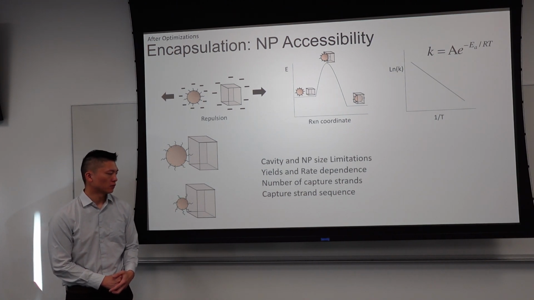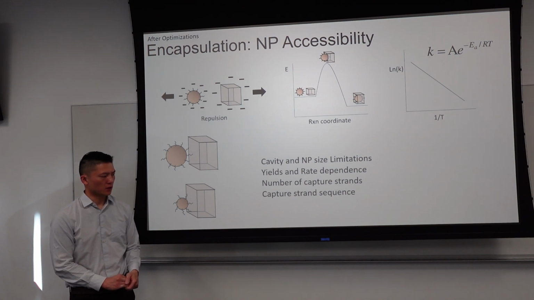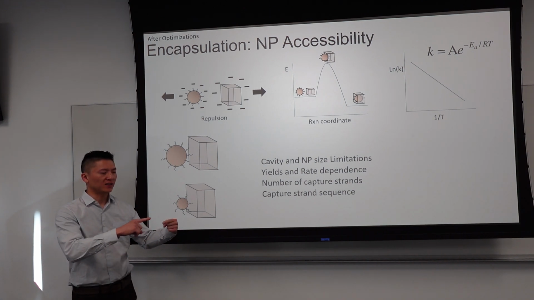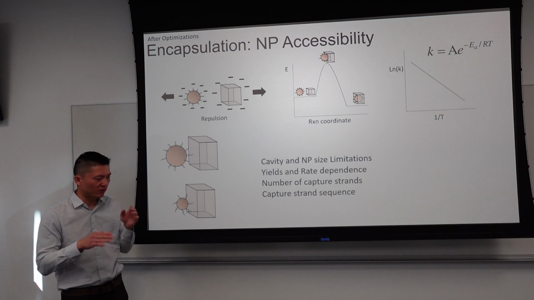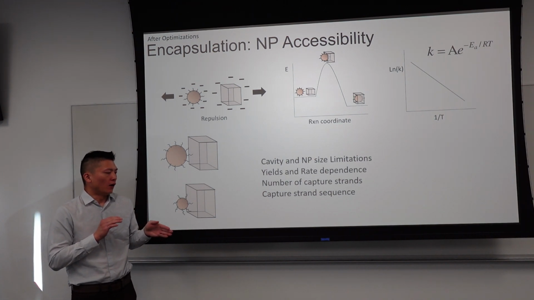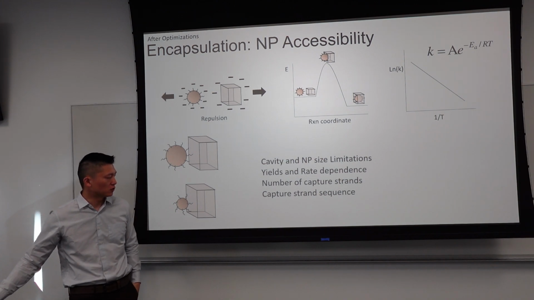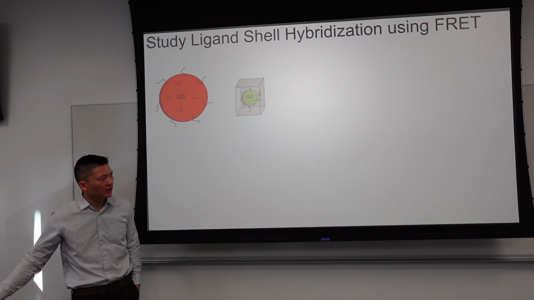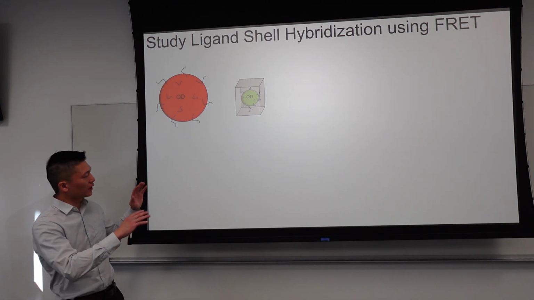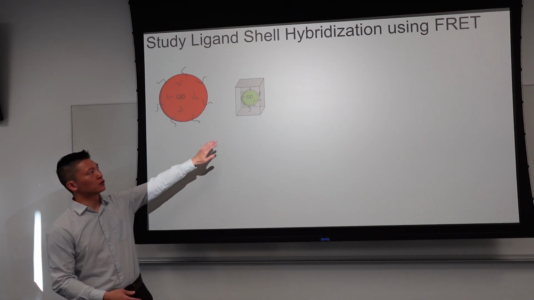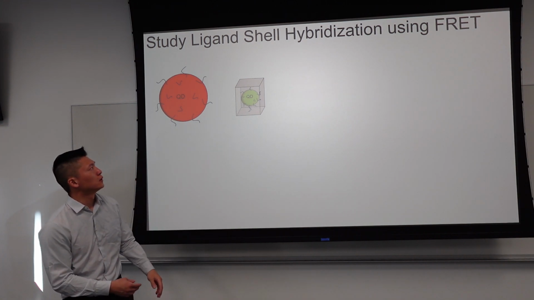That's something that may be important because we've been looking at poly-A single-stranded DNA, and maybe that can have some effect of sliding a particle into the cage a lot better. Anyhow, of course, after optimizations and being able to get some good yields of these encapsulated products,